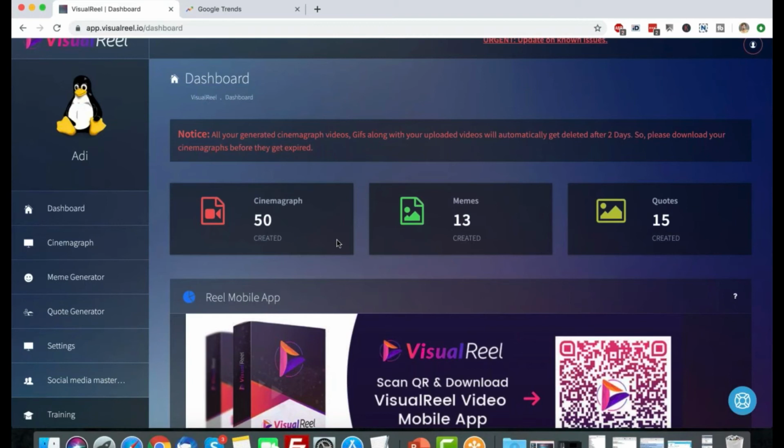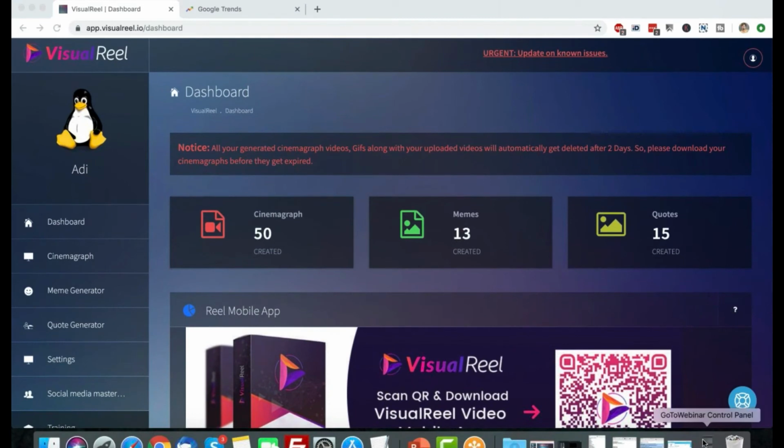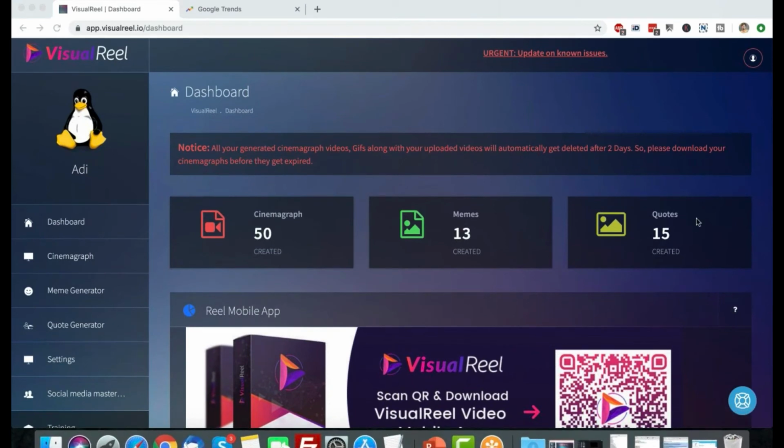Now, to make money using the visual graphics, to get traffic and engagement, I highly recommend you go back and watch the VisualReel training, because that's where I share how you can actually leverage visual content, motivational videos, motivational quotes, memes, cinemagraphs, all that kind of stuff, and actually get traffic, get engagement, and make money using that. But this is pretty much it about VisualReel. This is a pretty straightforward, easy to use application that lets you create amazing visual content for yourself and for your clients, content that is guaranteed to get you more engagement.